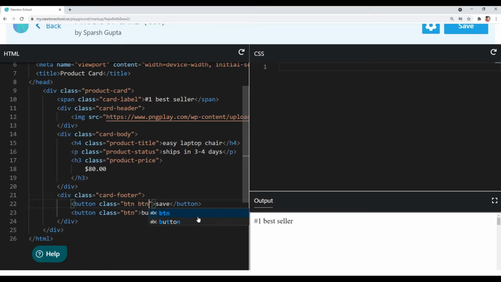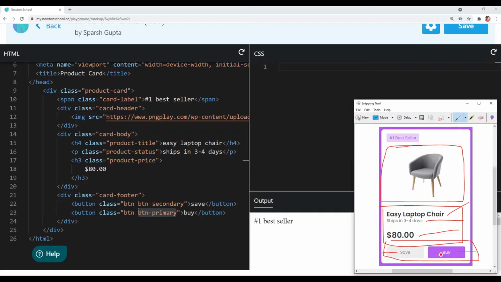And also I will give them one more class since they have different background colors, so that we can target them separately and give them different background color. So I will give btn secondary to the save button and btn primary to the buy button. The reason I am giving btn primary class to the buy button is because it has a purple background color, and the purple is our primary color throughout our design.